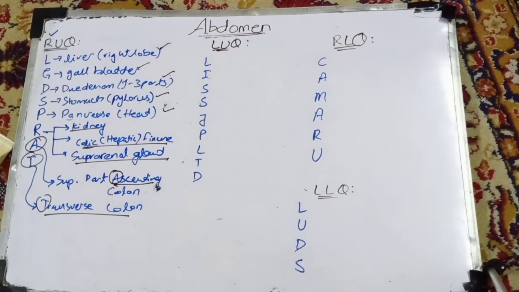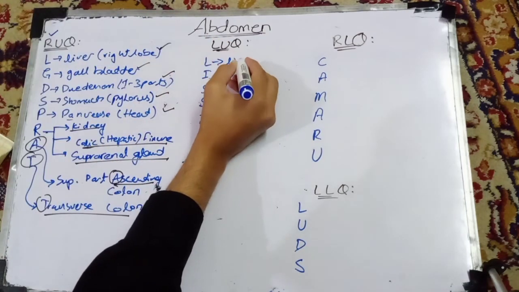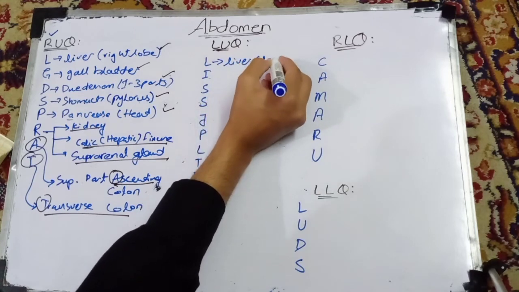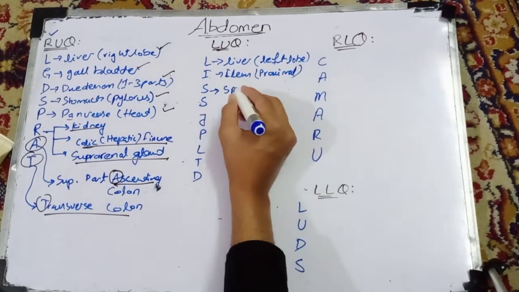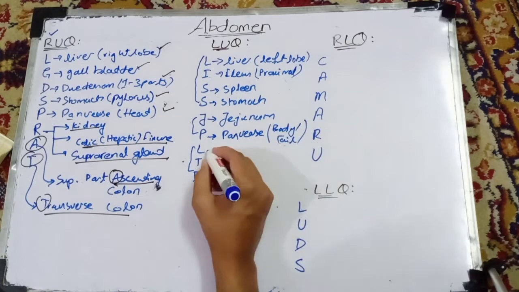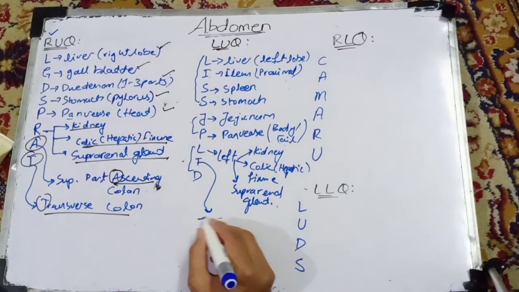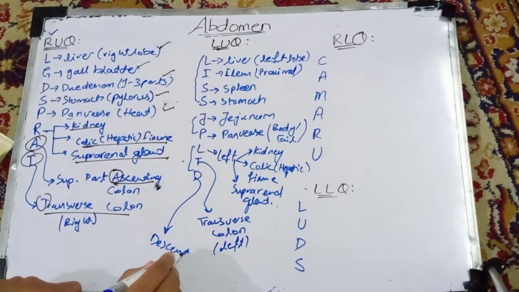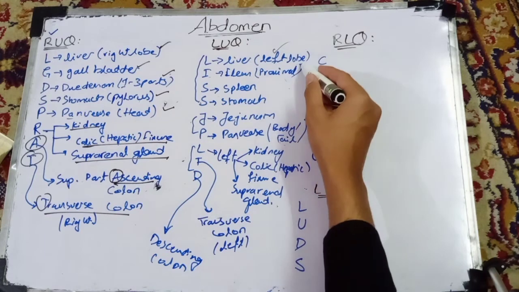Now we're moving on to the left upper quadrant. For the left upper quadrant, we'll be having the liver, but this time we will have what? Its left lobe. And D will be for what? Descending colon. So in the left upper quadrant, we are having the liver, its left lobe, ileum, its proximal end,